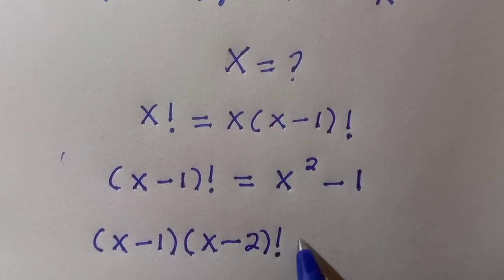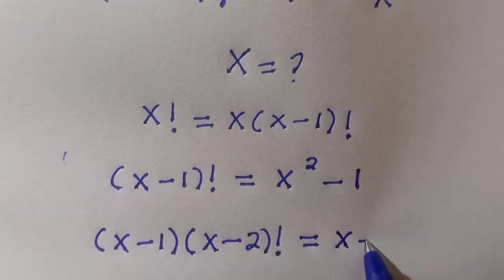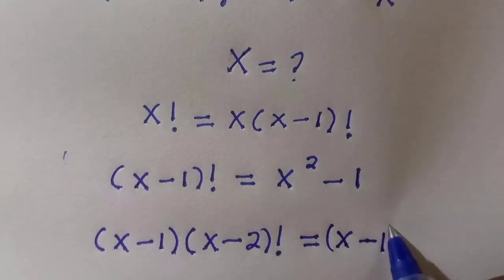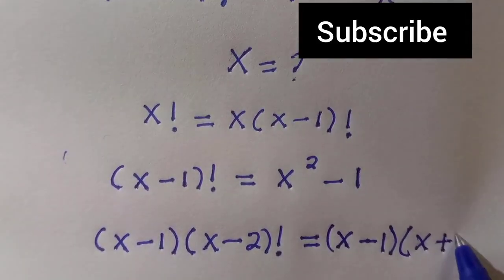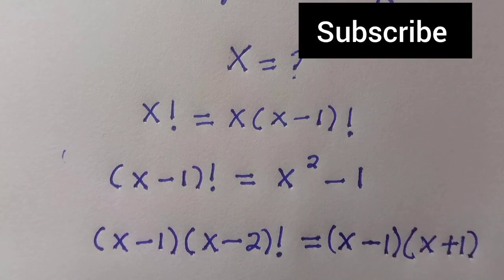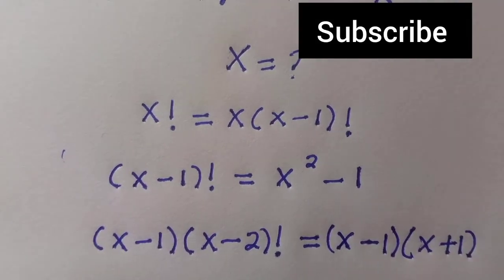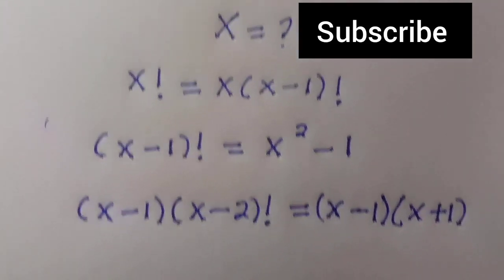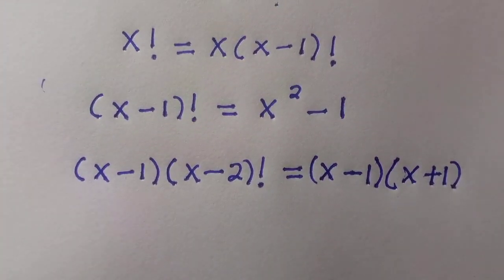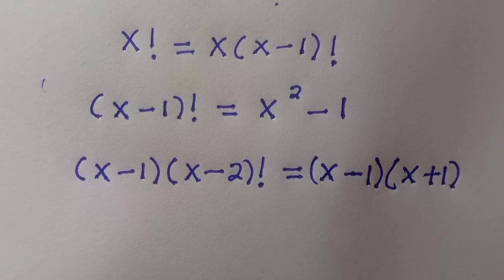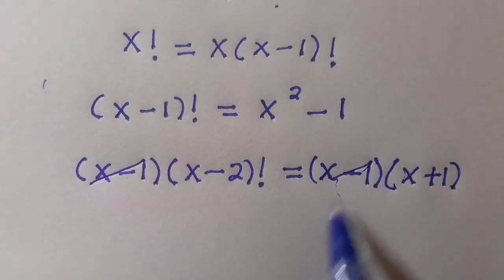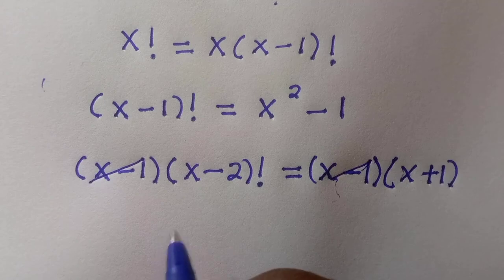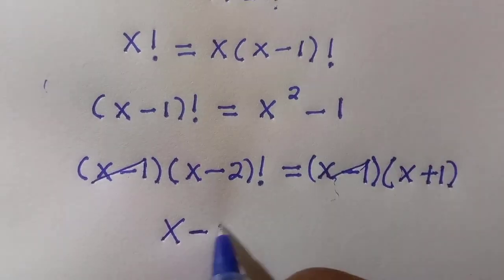I'm going to stop here because at this right hand side we are going to have (x minus 1) multiplied by (x plus 1), which is the difference of two squares, supposing 1 is having a square. From the question, (x minus 1) we can easily cancel because when we substitute x equals 1 in the given problem, it's not going to be equal. So to cancel this, we are safe. By cancelling (x minus 1) here, we are going to have (x minus 2) factorial